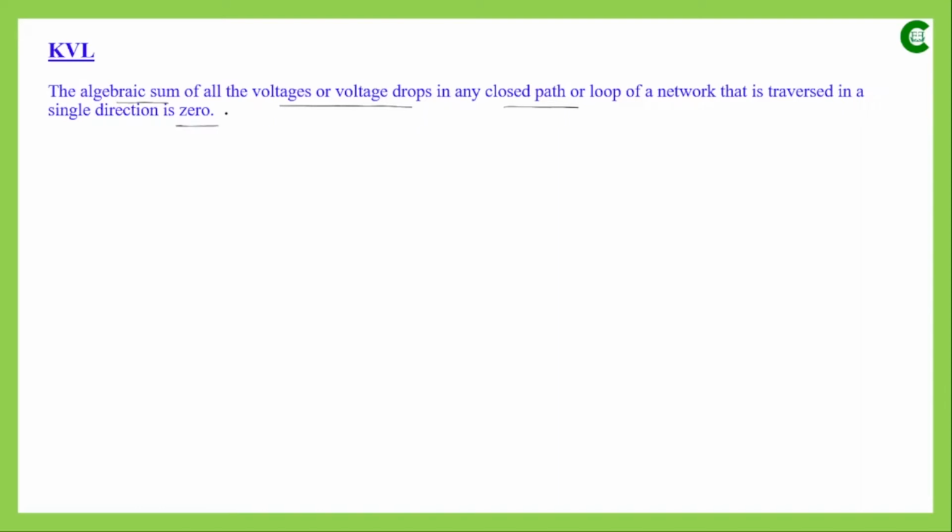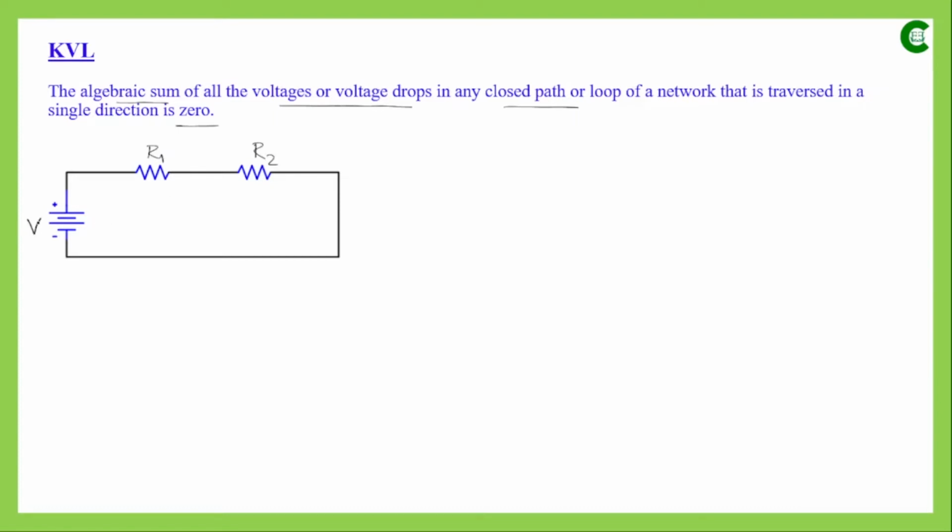So first we will understand what it means. Here we have an electrical network where we have two passive elements, two resistors having values R1 and R2, and a voltage source having value V. Now as we can see, this is a closed path. Now in this closed electrical circuit, if we start traversing from any point of this circuit or network,